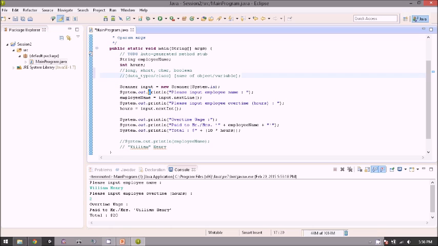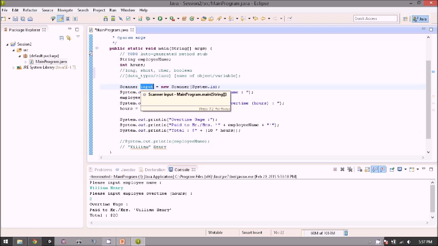And then if you see here in the scanner, in the input object of scanner, you can see equals new scanner. In the brackets there is system.in. So this is like an initialization of the object. So if we just write it like this, for example, scanner input and semicolon, the input is only an object of the scanner, but it is not initialized, so it is not created.